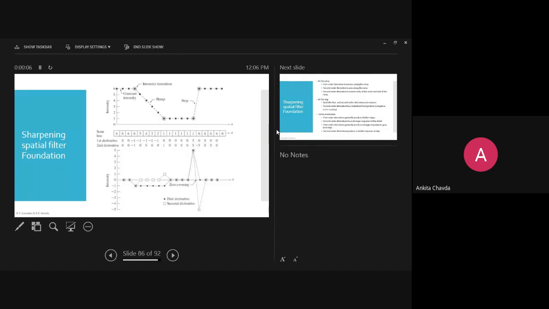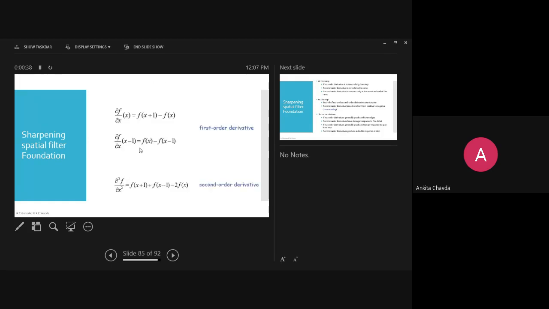Okay. So here you can check the values of x. Have you seen the values of x? It was firstly a constant value, 6, 6, 6, 6, 6, and so on, right? Then all of a sudden it decrements in the ramp: 5, 4, 3, 2, 1. Then again it is constant, 1, 1, 1, 1, 1. Then from 1 directly it is 6. So that is your step. That is what they are showing in the chart. Now how did you get this first derivative and second derivative? So you can check this formula.